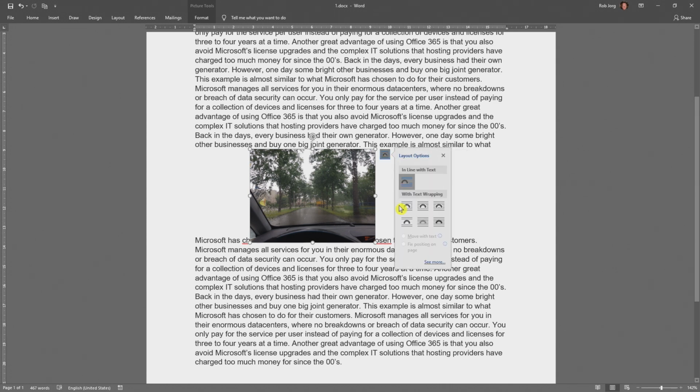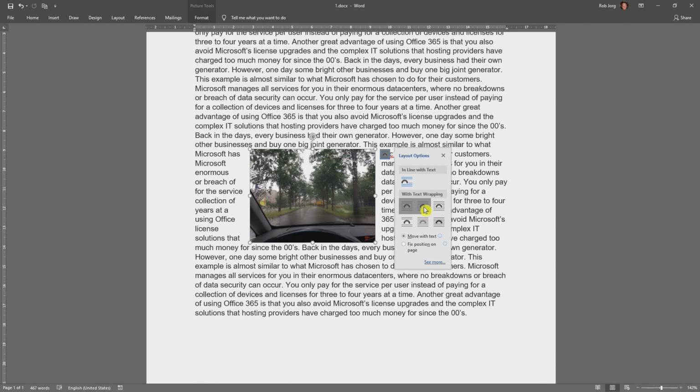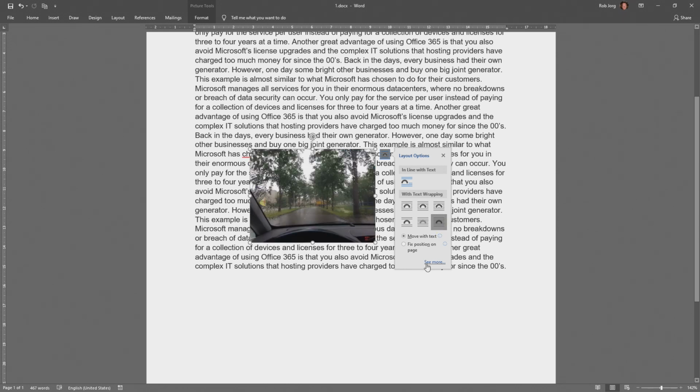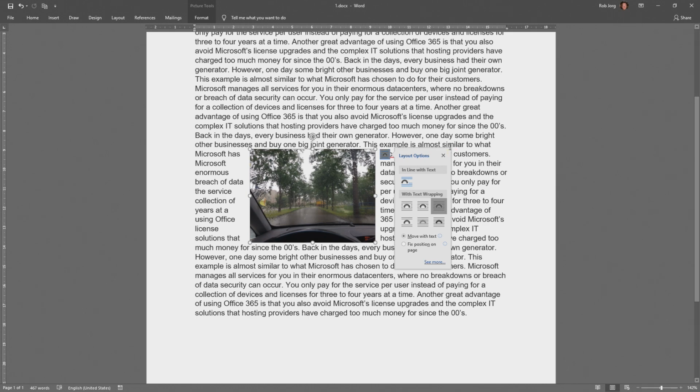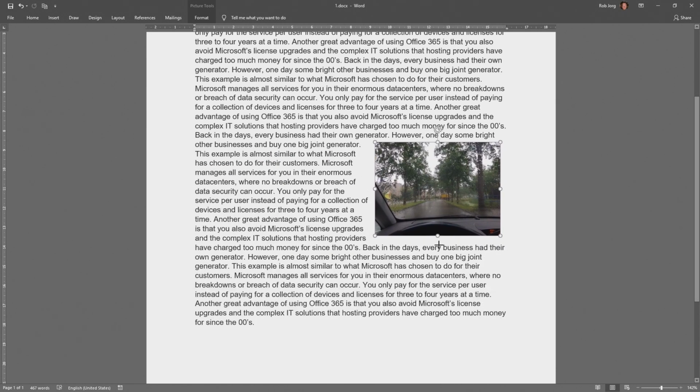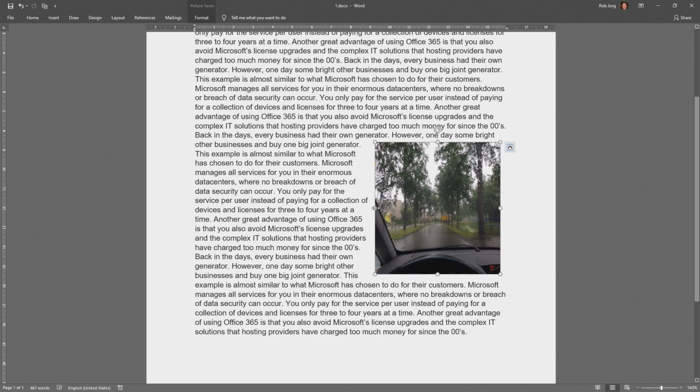And you can say I want to have text wrapping like this or like this, or I want to hide it behind my text, which is not very useful, or like that. And then you can just drag it where you like and you can resize it.